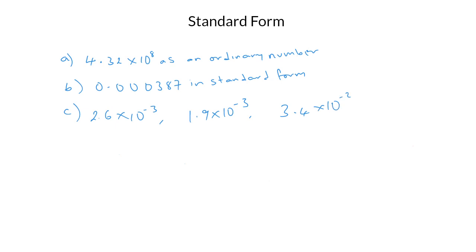So which of these numbers is actually the smallest? Okay, the smallest. Now, the fourth one would be 9 times 10 to the power of 7